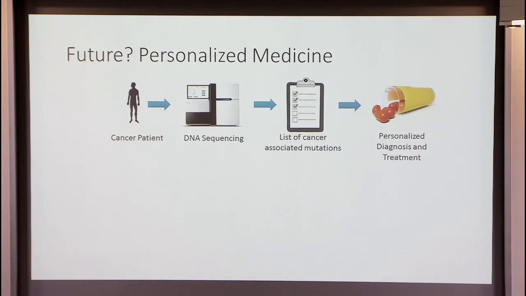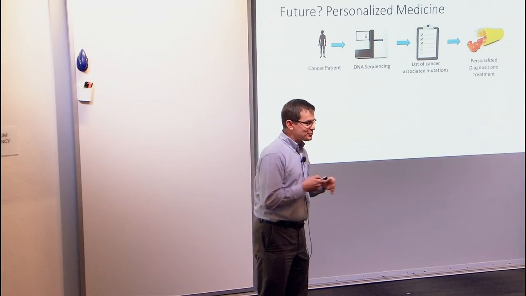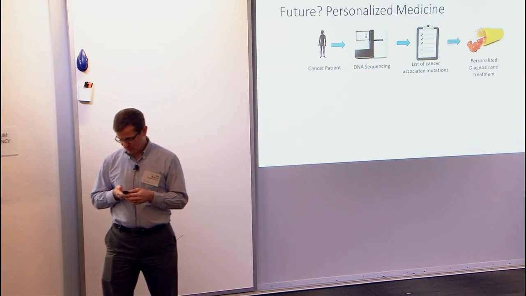Okay. So projects like TCGA and others have in mind this future, this personalized medicine or precision medicine or whatever the latest buzzword is for it, where the cancer patient comes in, you would sequence their genome, you might characterize their transcriptome with RNA-seq, you might do a bunch of these molecular profiles, you might get a list of, say, the cancer-associated mutations, you would then have some idea of which drugs might target those mutations, and so you would have this personalized precision treatment for a cancer patient. Okay, so this is the future.